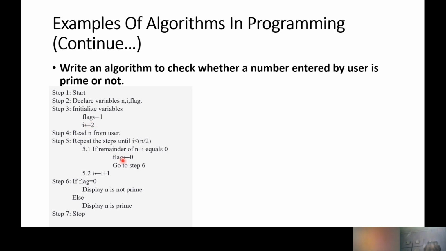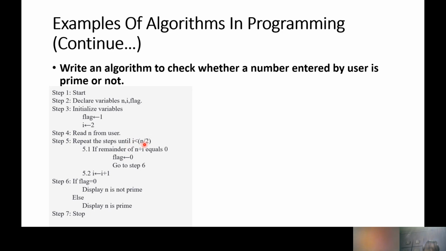so it shows that we go from 2 to number minus 1. And in fact here one more logic is there: if we reach the half of the number, like if we are talking about 10 and we reach 5, 2 to 5, then we are able to find out whether the number is a prime number or not. So we need to check whether 10 is divisible by 2, 3, 4 and 5. If 10 is not divisible by 2, 3, 4, 5, that shows that 10 will never be divisible by 6, 7, 8, 9, 10. Right? That is why the condition is I less than n by 2.